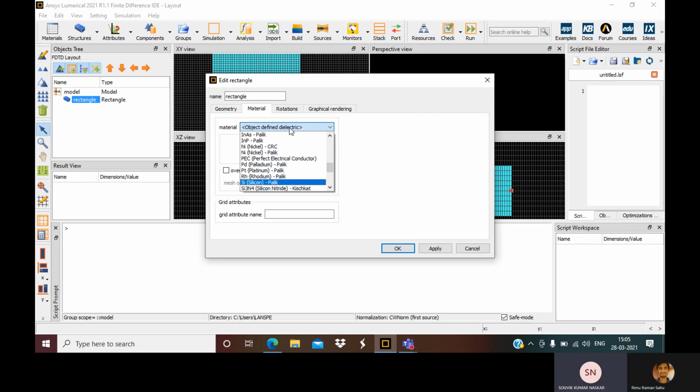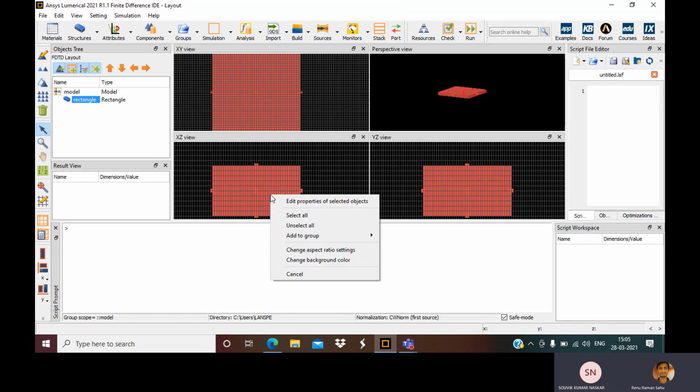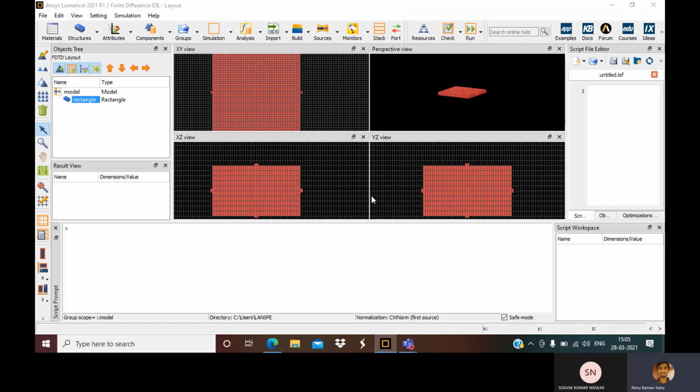Another thing we can do is, because there is an index, I can put the index of silicon there, if I do not explicitly give it as silicon. Yes, you can do that, but the index changes with wavelength, and since it changes with wavelength, you cannot give input for every wavelength.